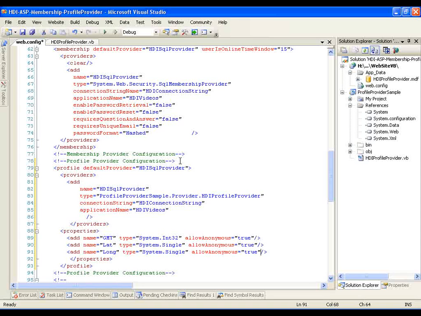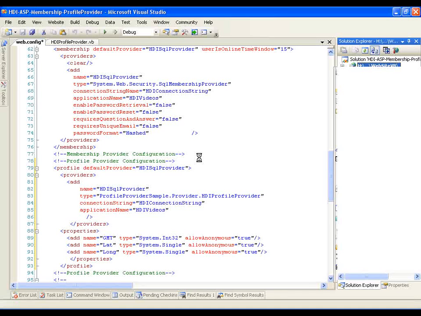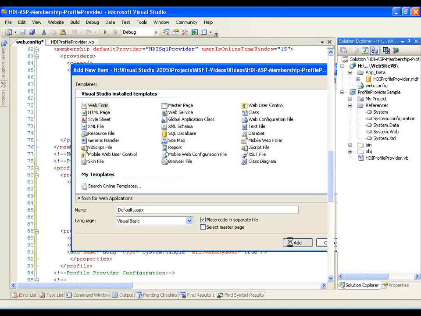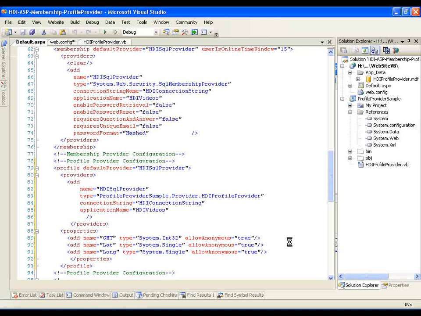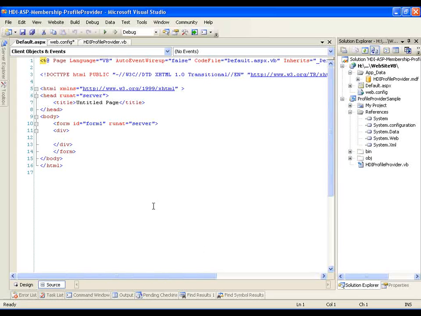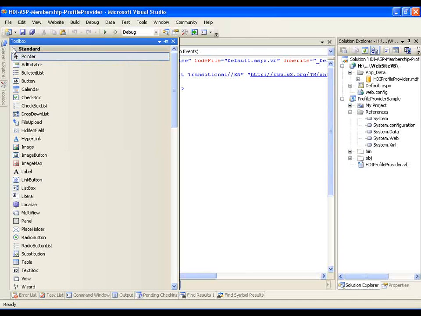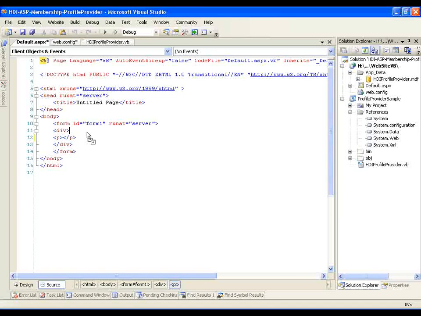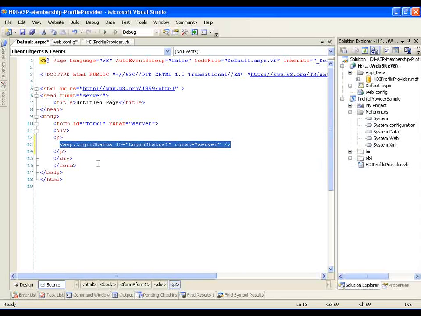Next, let's add a web page where we'll do some operations on our profiles. So we'll add a new web page here, and we'll just take the default ASPX. The first thing I want to do on this page is add a login status control. So let's get one of those and bring it over here, and we'll put that right in here. Then we want to add a couple text boxes where we can either view or edit some of the profile